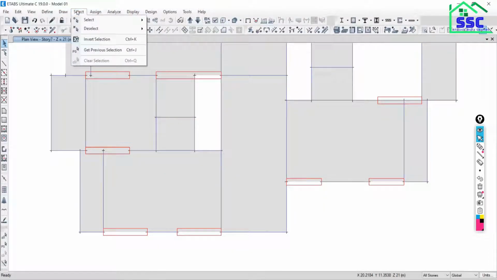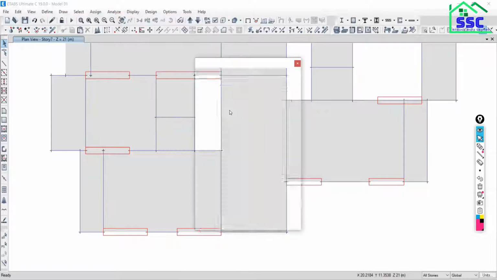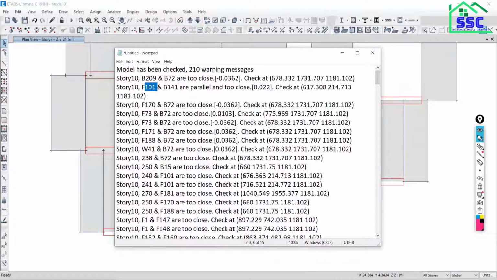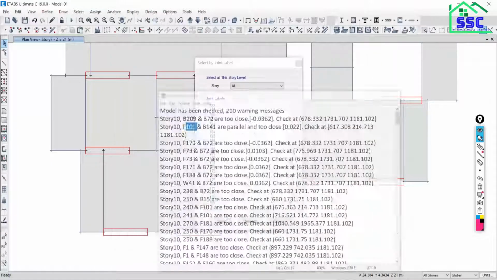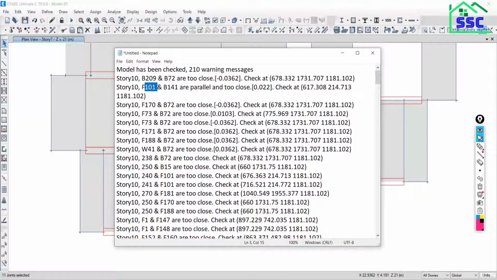Go to select, go to labels, joint labels, and what was the joint label? 270. The joint was 270. Select this, and the floor 181. Okay.